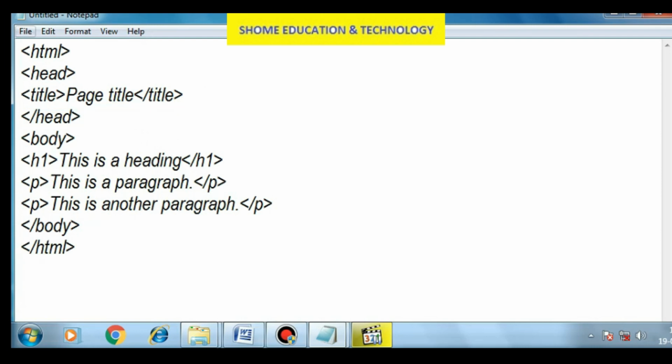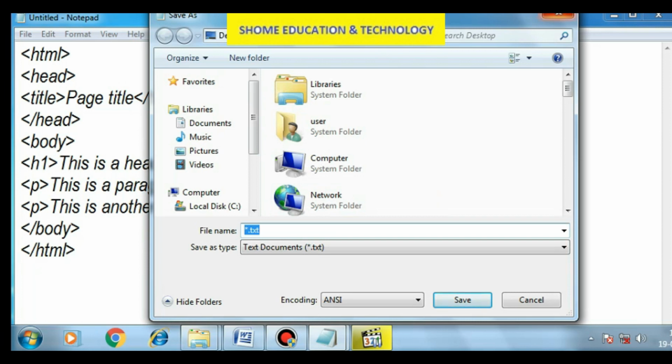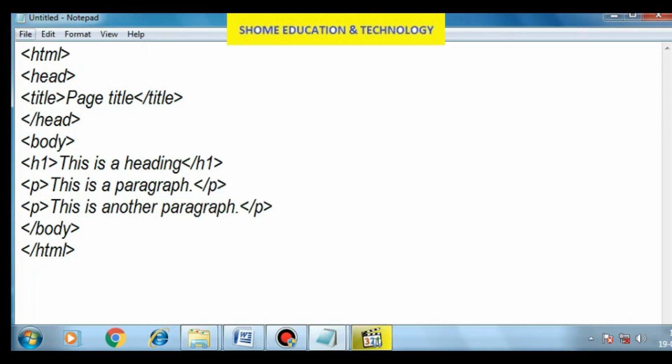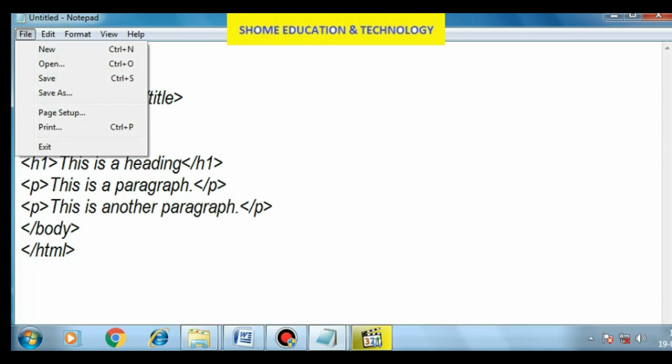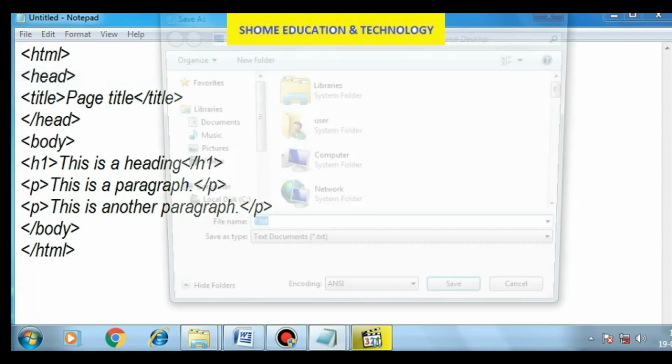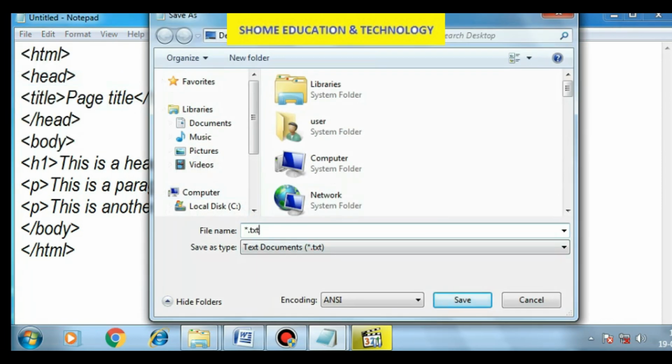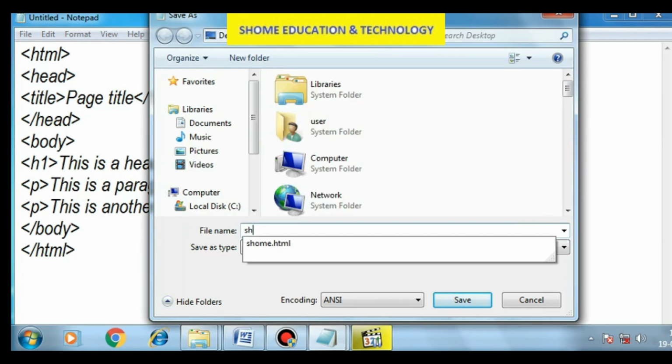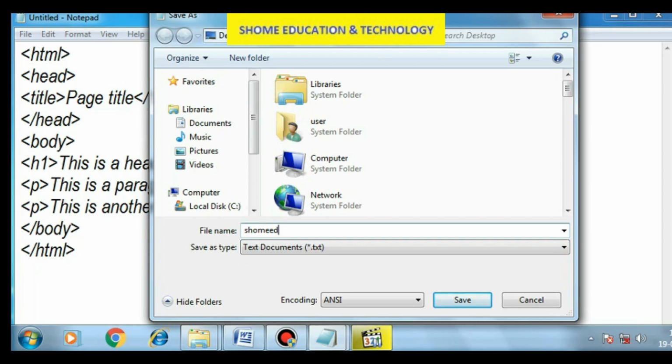So the next thing is how to save the HTML file. Go to the file section, then click on save, and give any file name. Now I am giving Shom Education. Okay, file name given.